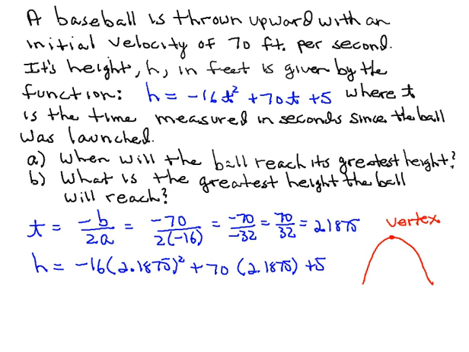And if we simplify that, the result turns out to be 81.5625. And what we'll do then to end up is to write a sentence answering the questions posed by the